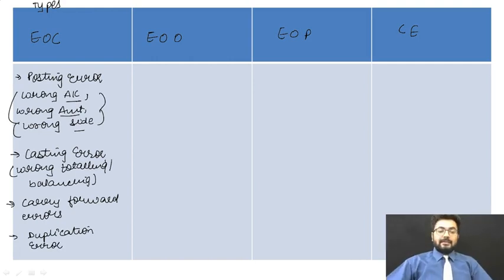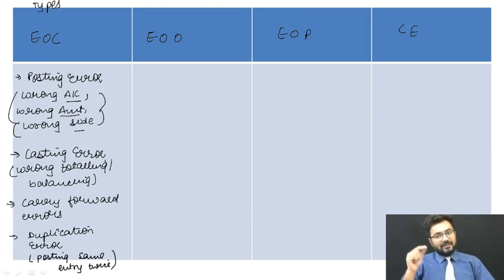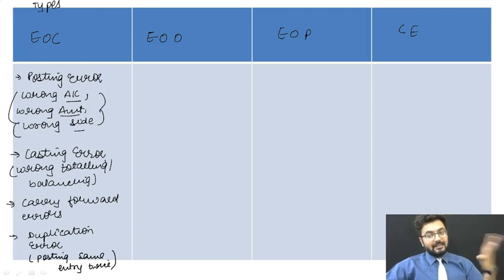So what is a duplication error? Duplication error refers to posting the same entry twice. That means you have posted the same entry twice. First of all, you have posted the entry into the books, and after that you have posted the same entry into the ledger as well. Right? The same has been posted twice. That means it's a duplicate error. So in spite of having sales from one particular person worth rupees 1 lakh, that has been posted as sales of rupees 2 lakhs just because of duplication of entries.